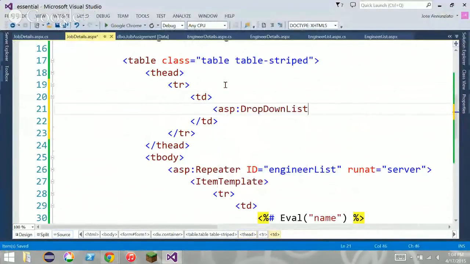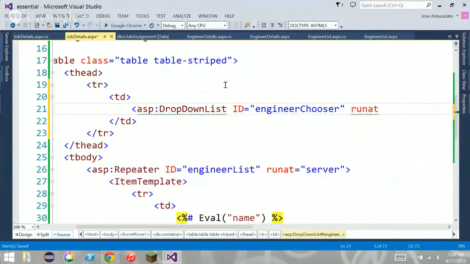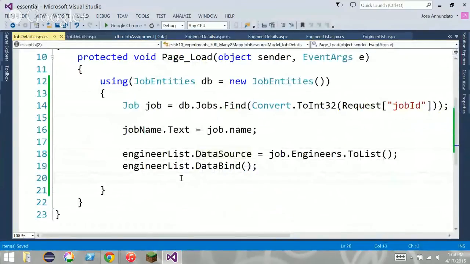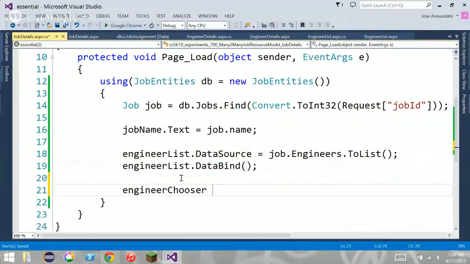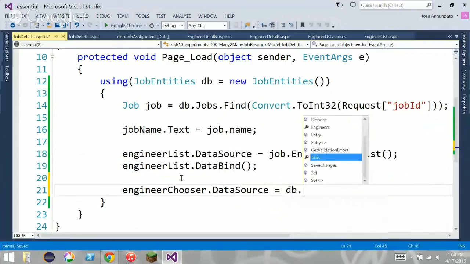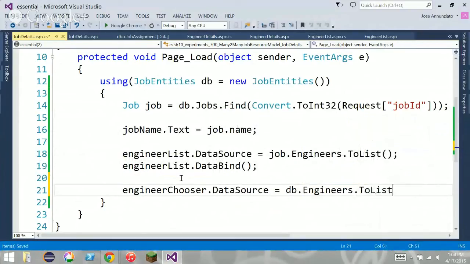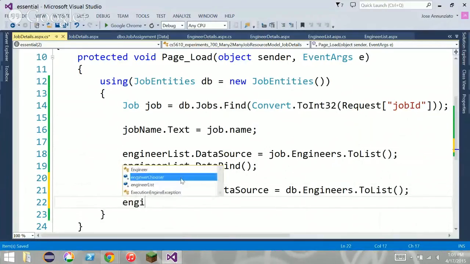ASP drop down, ID engineer. Oh, lists. No, can't have the same ID. Engineer chooser. How's that? Engineer chooser, run at server. Right. So we could get a hold of all the engineers. We could say engineerChooser.DataSource is db.Engineers.ToList, and then